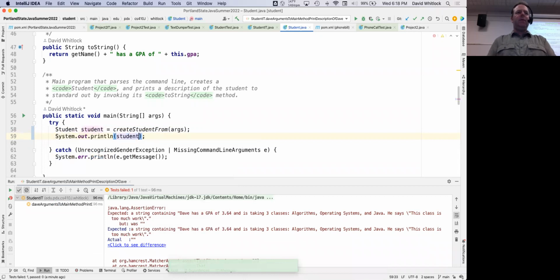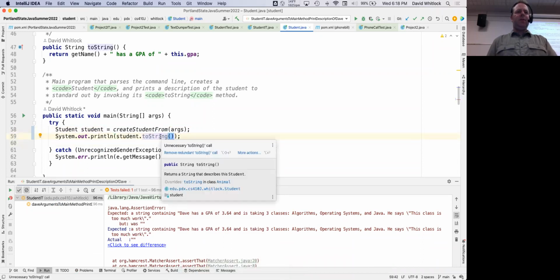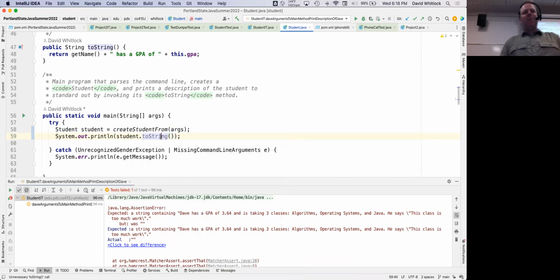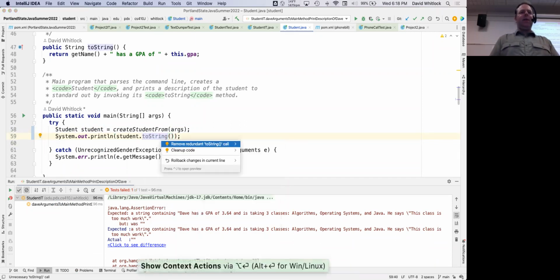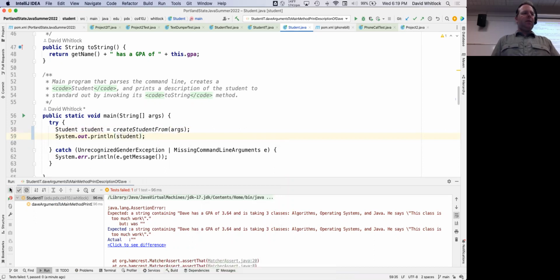System.out.println student. I can say student.toString, but I think IntelliJ is going to tell me that's redundant. Yeah, it's redundant because just by sending it to println, it knows that it calls the toString method, so you can just say that. Okay, so now if I do that,